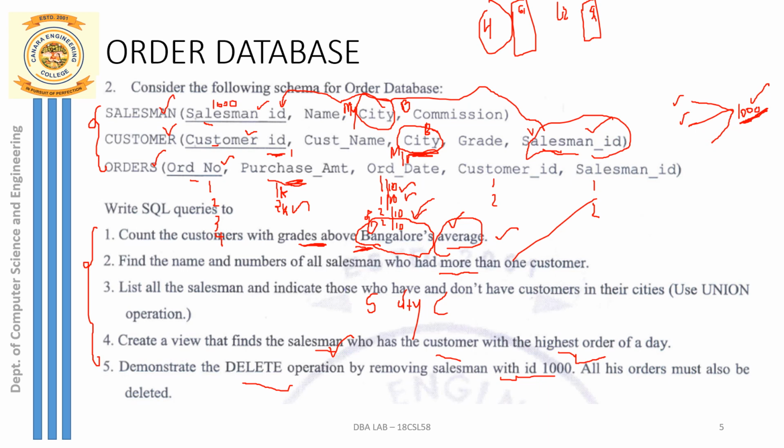Such an entry you need to have here, and the same salesman should also be serving some customer, and the same salesman with ID 1000 should be delivering a few orders. So those entries you should also have in the corresponding orders table. Right, so this is how you have to match all the queries, and accordingly you have to start inserting values into different tables.